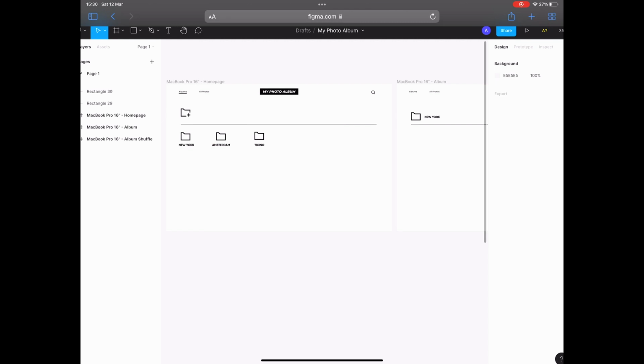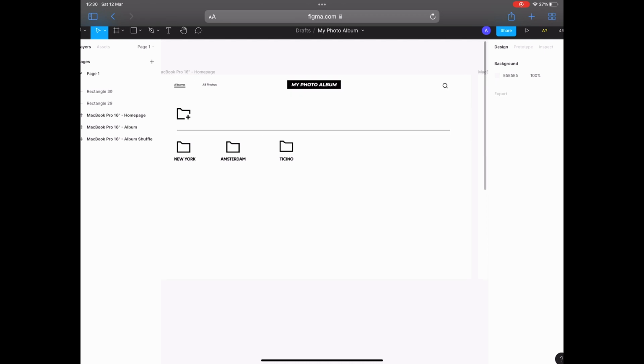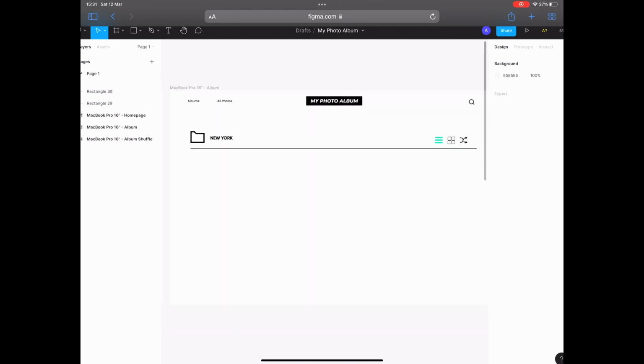Now for the design, I used Figma as I said, and I want you to know that the design and also the architecture creation part, they were all done using iPad on Figma. So as you see here, we will have the home page. In the home page we are able to add a folder and to view other folders. In the folder creation here, we are able